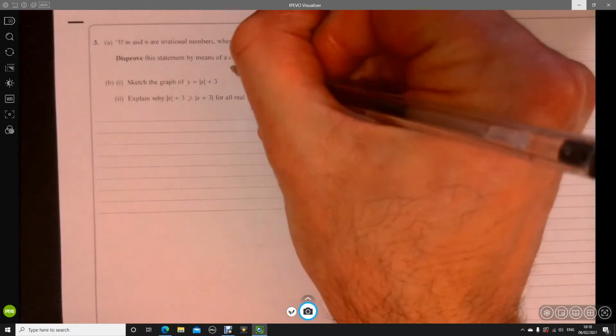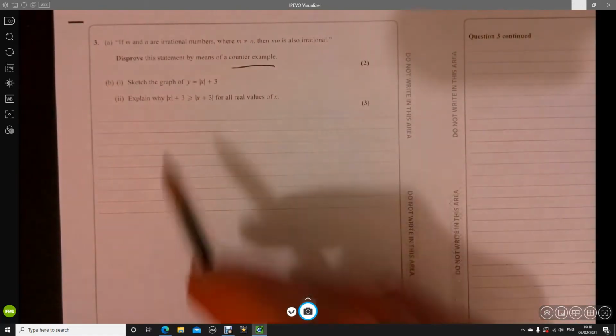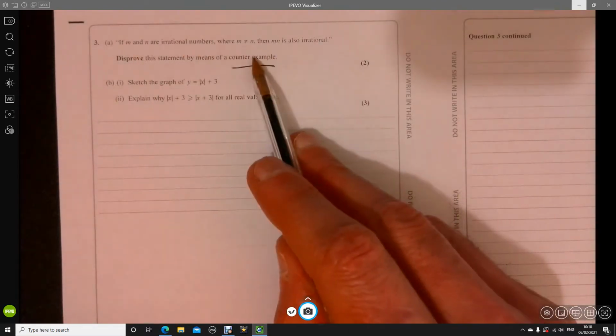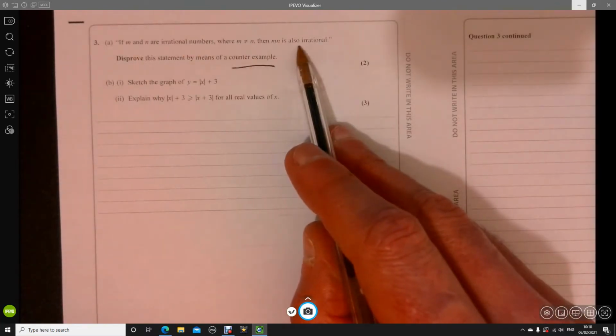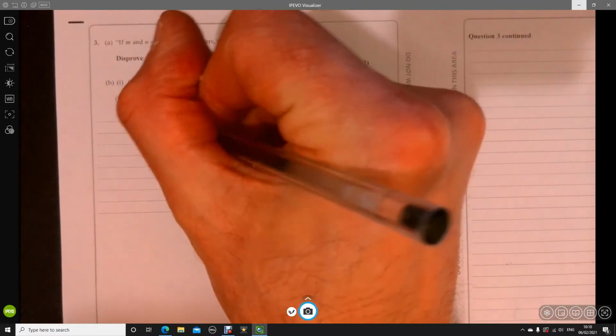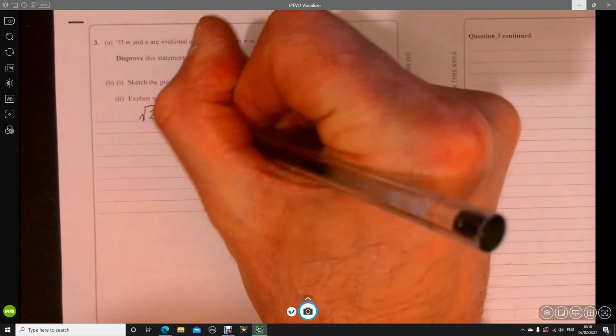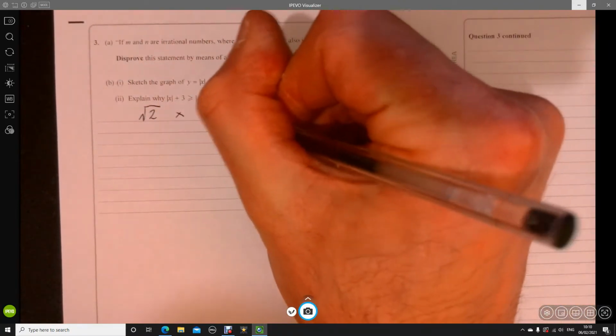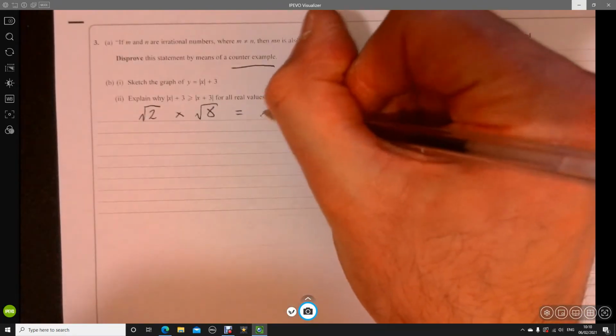So all we need to do is come up with a counter example. So we're looking for two irrational numbers to multiply together. They're saying it's always irrational, so we need to find one that's rational. Right, the best example I can think of here is root 2 multiplied by root 8, which equals, of course, root 16,